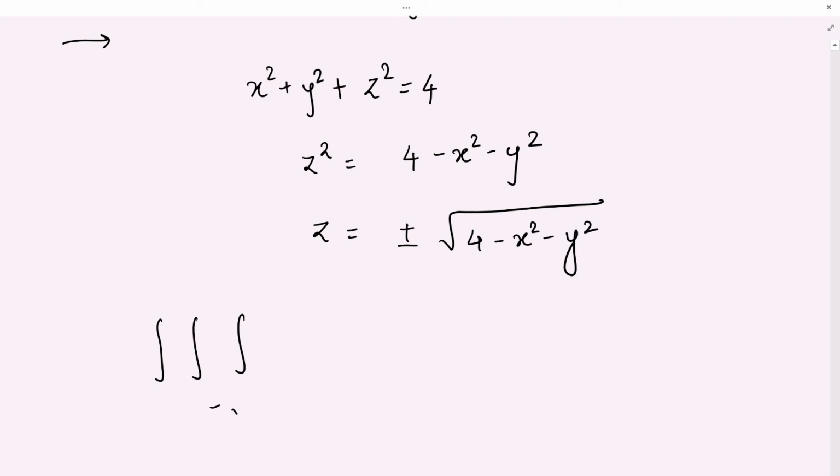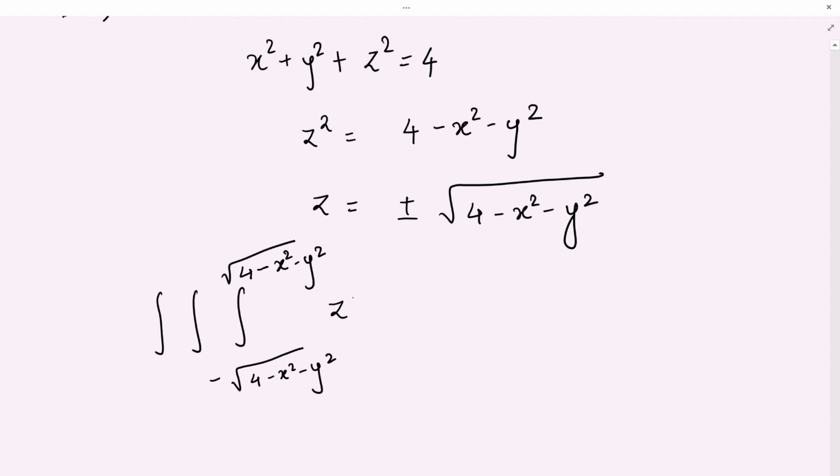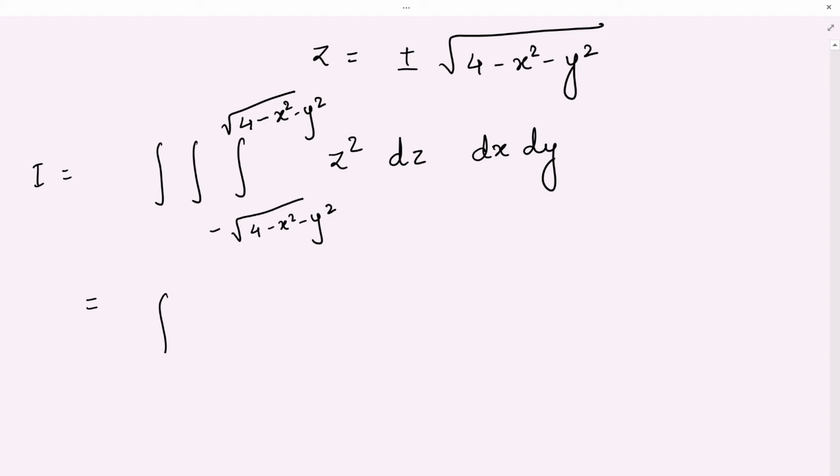So that will be minus under root of 4 minus x square minus y square and 4 minus x square minus y square. The inner integration is z square dz, and this is dx dy. I am not worried about the next integration, right? So now we will write this as